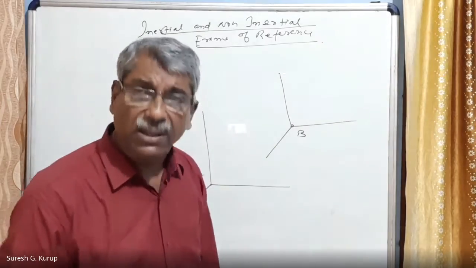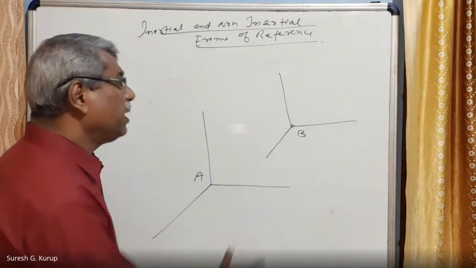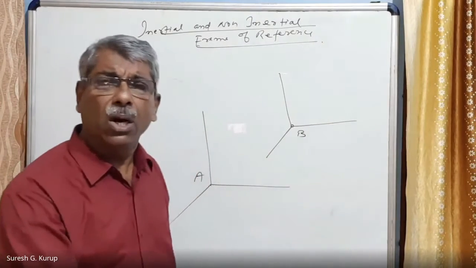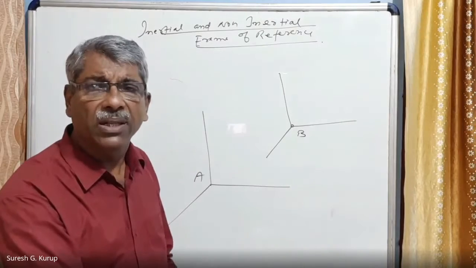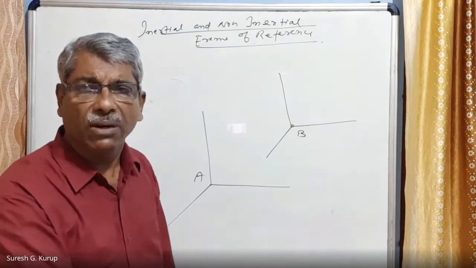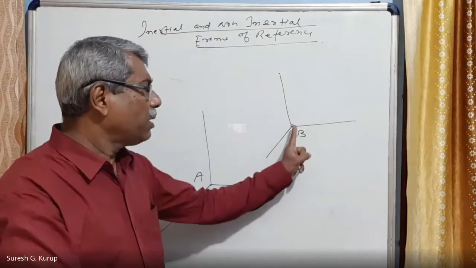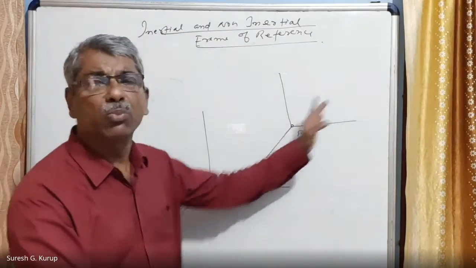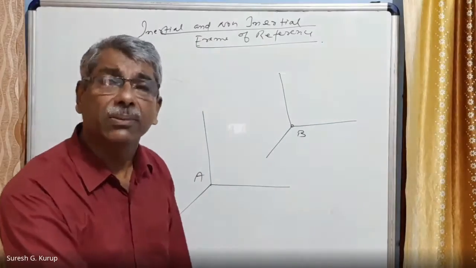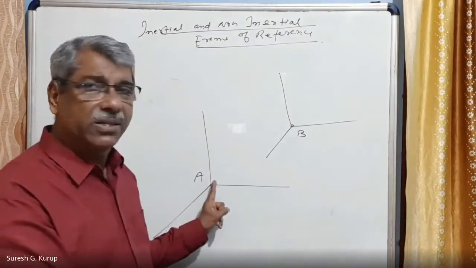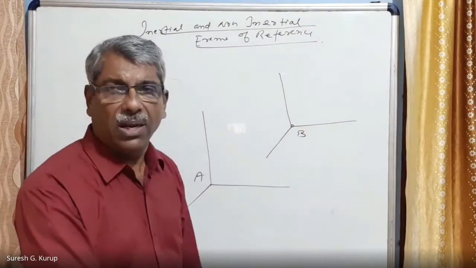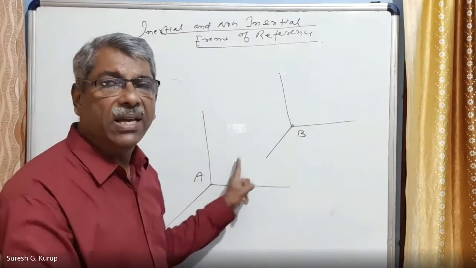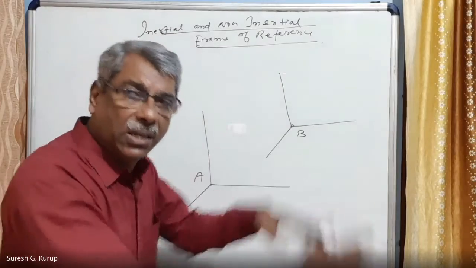But another thing is that suppose A is at rest on the floor, on the surface of the earth, which is always an inertial frame of reference, right? Suppose that this is an inertial frame of reference, on the surface of the earth, and the other one is moving in space with an acceleration. A is at rest and B is accelerating. Then what B feels is that A is taken away.